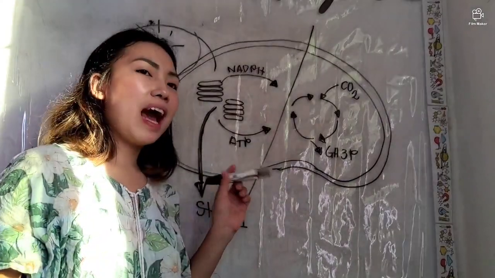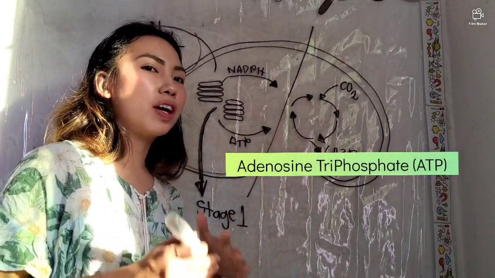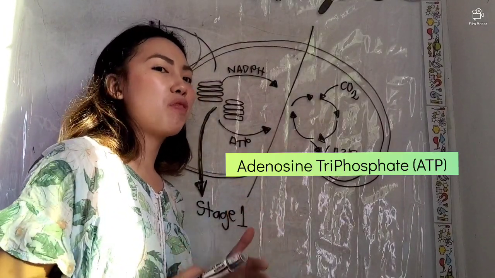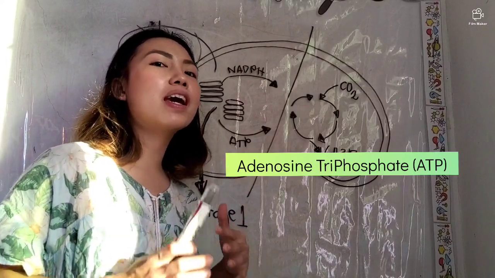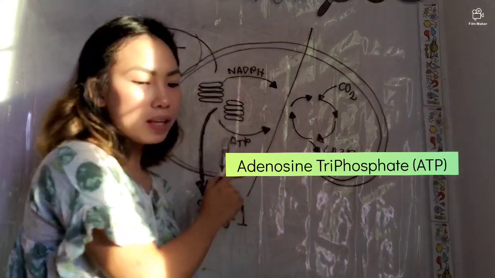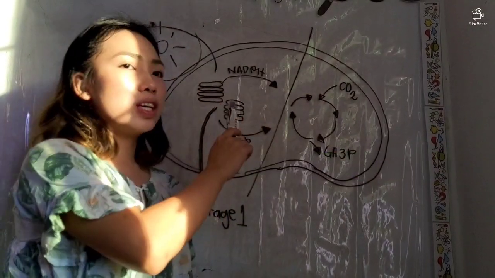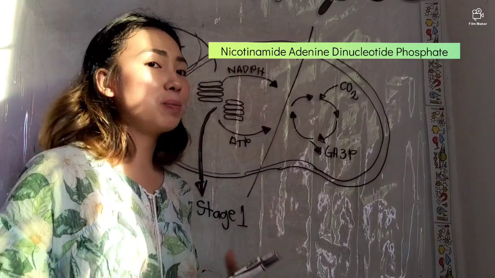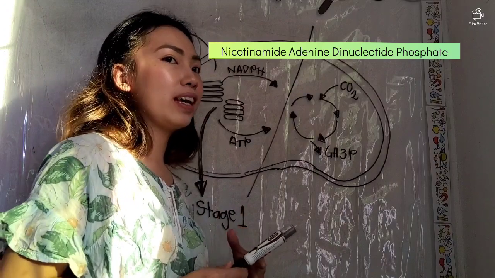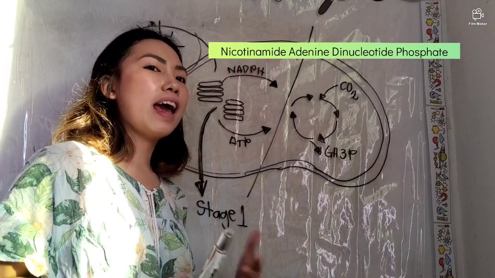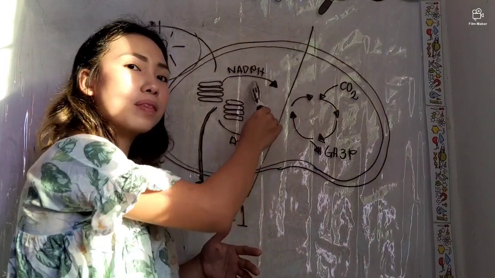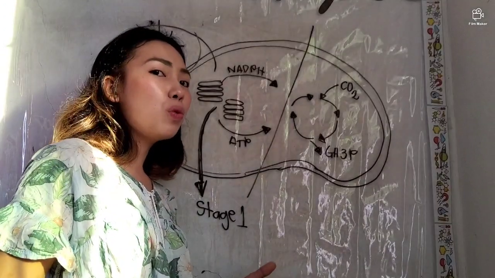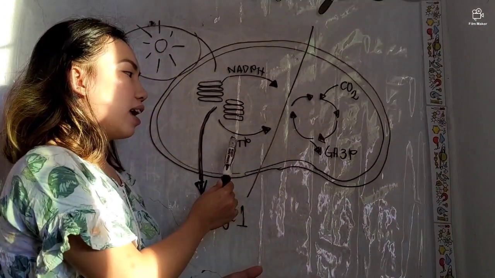Our ATP, or adenosine triphosphate, is our energy currency, meaning it's our main source of energy. It's the main source of energy for the plants. Yung nagbibigay enerhiya sa plants, that's ATP. Then the NADPH, which is called nicotinamide adenine dinucleotide phosphate, is the electron carrier. Siya yung may dala-dala ng electrons. Now, these two are the result of stage 1. At the end of stage 1, they should be able to produce ATP and